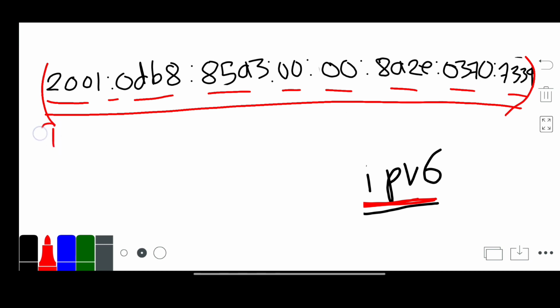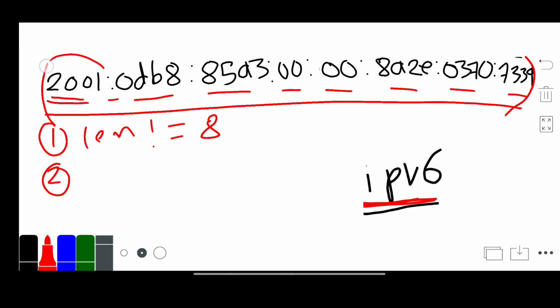This is our first condition, length not equal to 8. And second condition is, if the length of each part, suppose this part length is greater than 0.